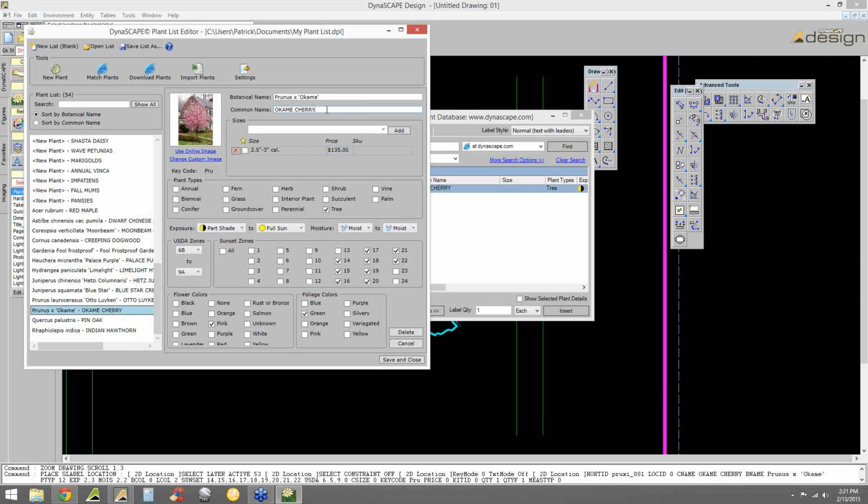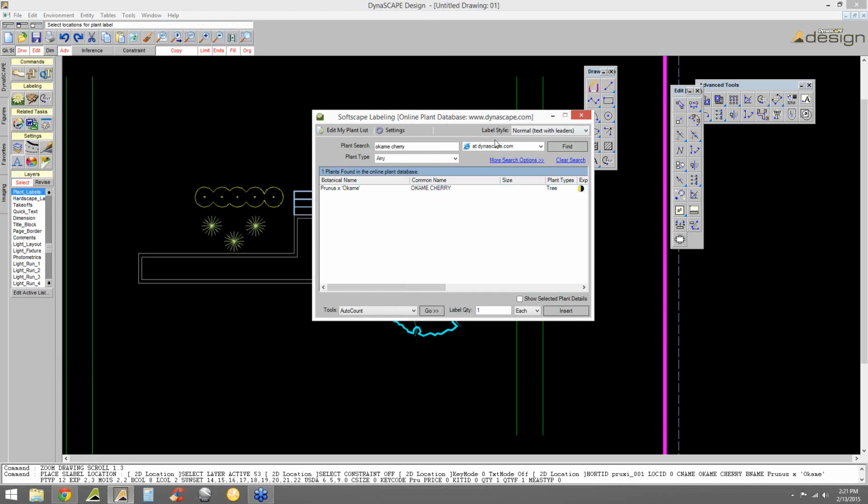If this was like a service berry, you wanted to put single stem or multi-stem or add anything, topiary, you can type those in and it'll save it. So we have a size, a price, we have our picture for that now, and we're going to save and close. So now when you label your drawings, you can label out of My Plants and just type in Okami,